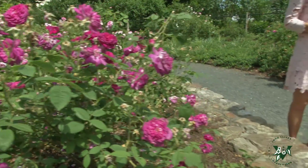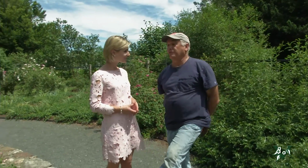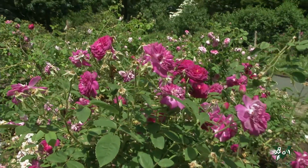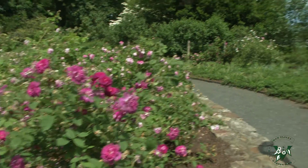Stephen, do you have any tips or advice for somebody who's new to gardening and wants to start growing roses on their own? Absolutely. And the first thing is to make sure you pick a site that has sun all day long. That's the most important. And then next to that, you need to have a really healthy soil. And it would be a soil that drains well and has a lot of organic material such as compost, manure,